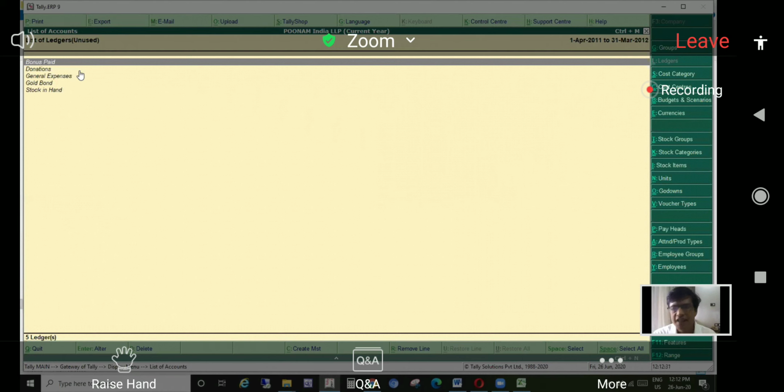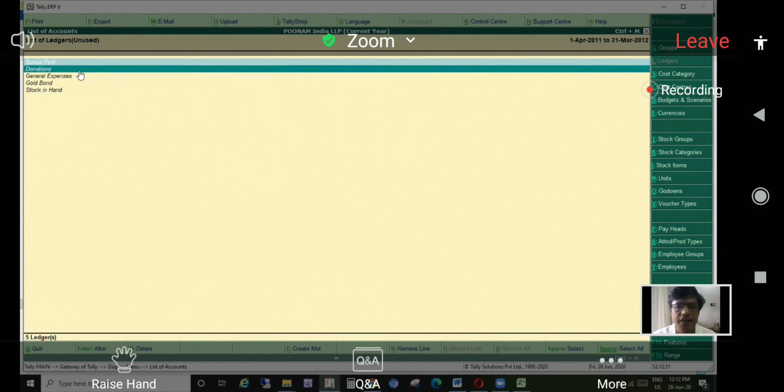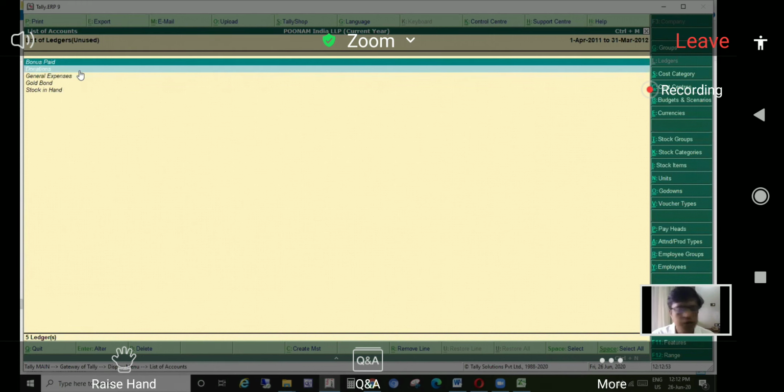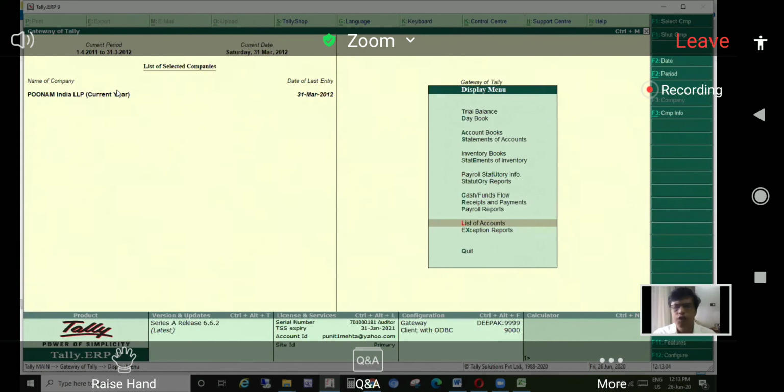Many times the ledger gets carried forward because in the previous year someone opened it for some reason, someone started it, and he is not available or they don't understand what the reason was, and they keep on creating the new ledgers. So here you will find the list of unused ledgers. You can click on spacebar and delete them also. But as of now we are not restructuring the data, just to understand that there is a list of unused ledgers as well. So this was the first thing.